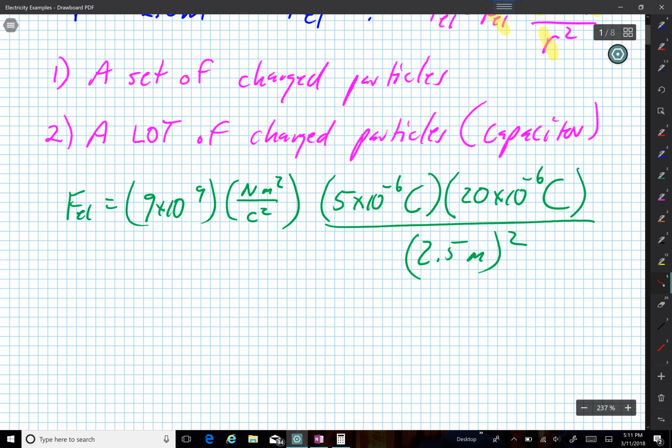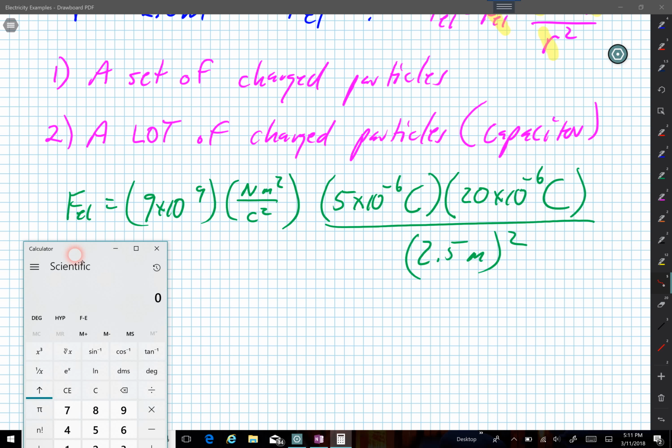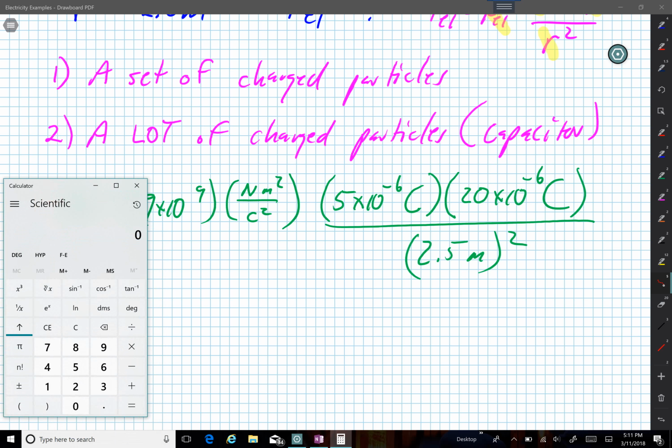So before I do all the number crunching, I make sure my units match and I don't have any units mismatches. So here we go. Let's put these numbers into our calculator here. And we've got 9. Where's my exponent? There it is. 9e9 times 5e